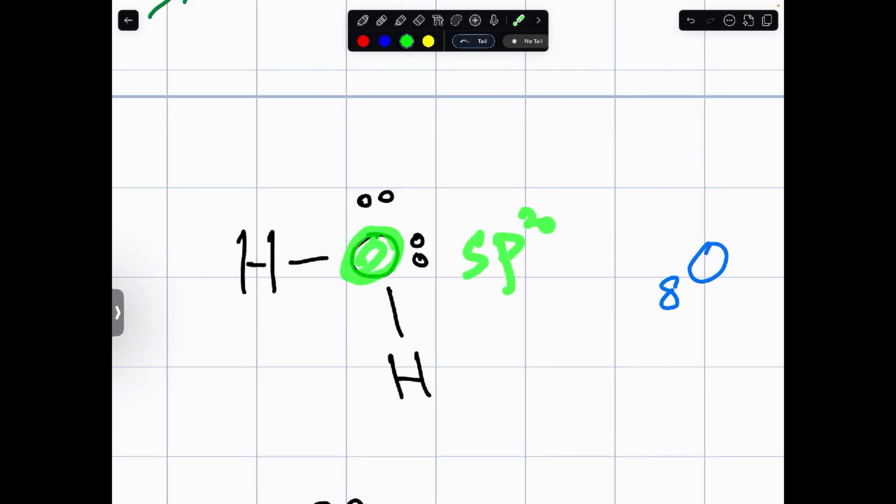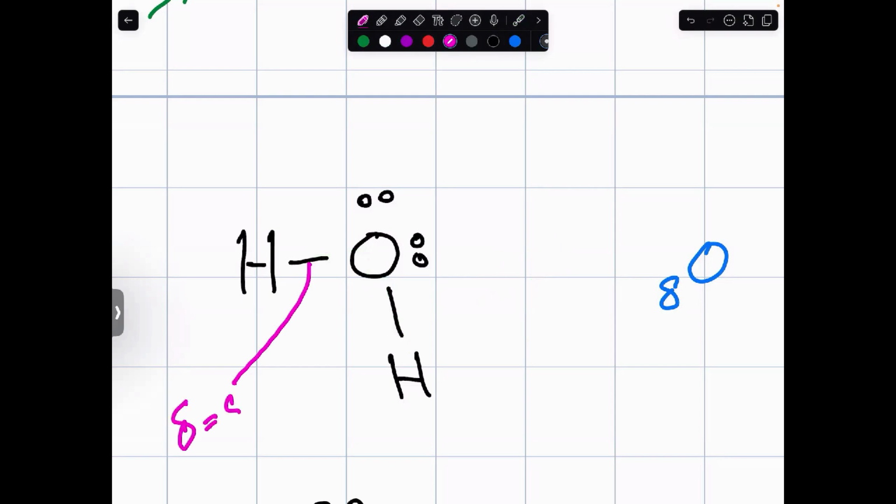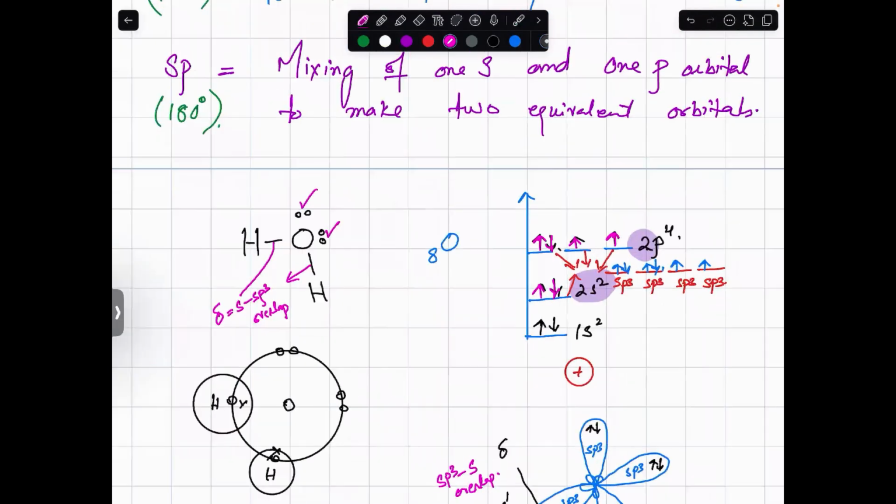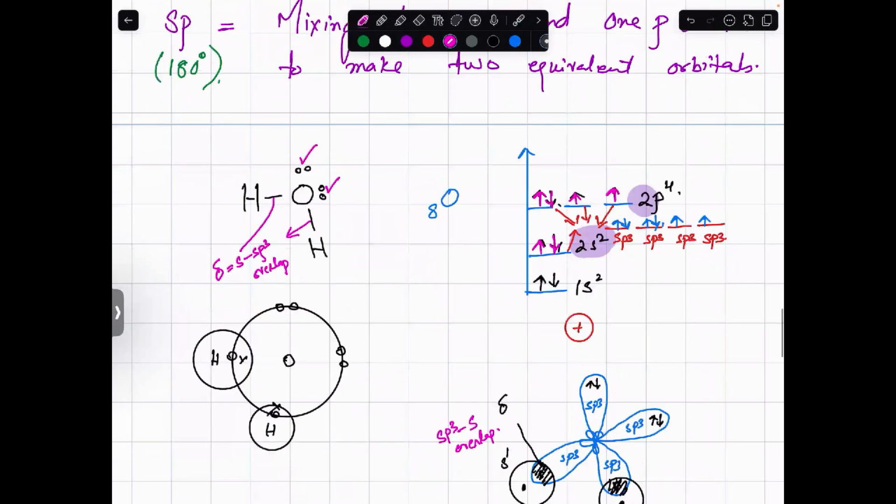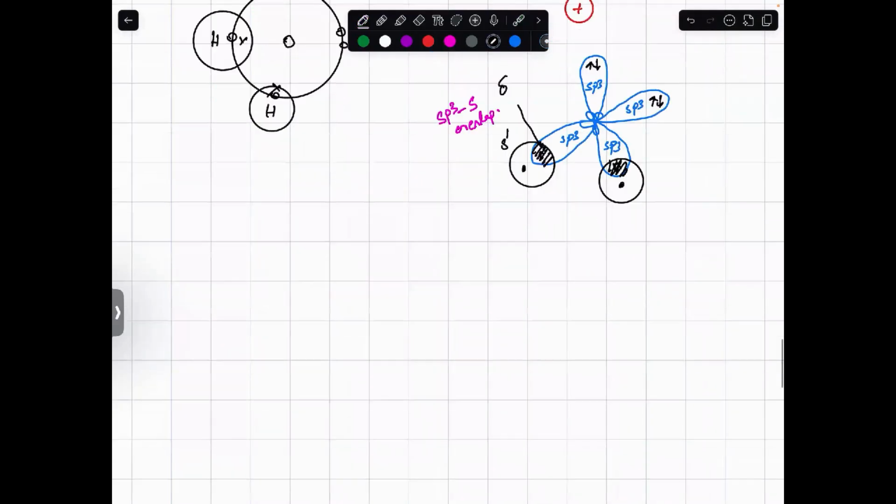The oxygen is sp3 hybridized. So the single bond is always sigma. This sigma bond is made by sp3 overlap. The same is true for this one too, right? And these lone pairs are present in sp3 orbitals. Now, before further explanation, how to find